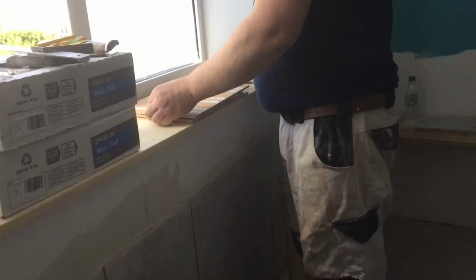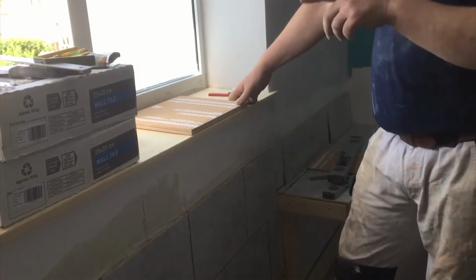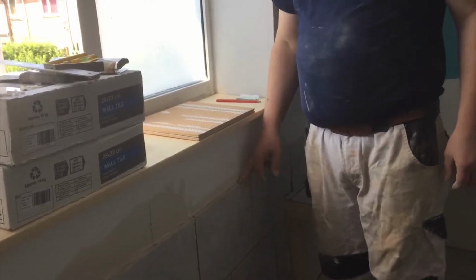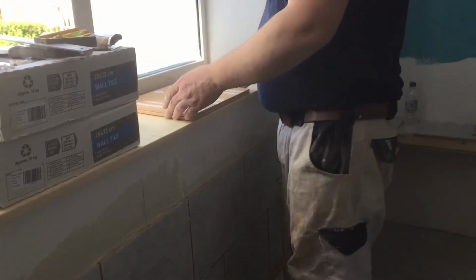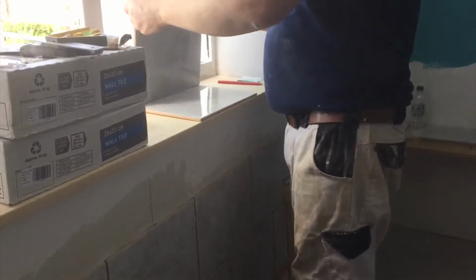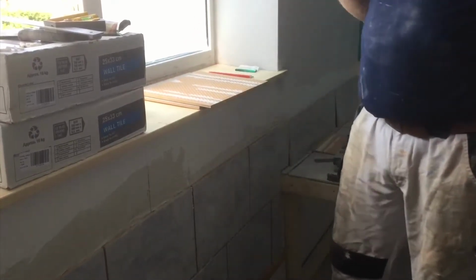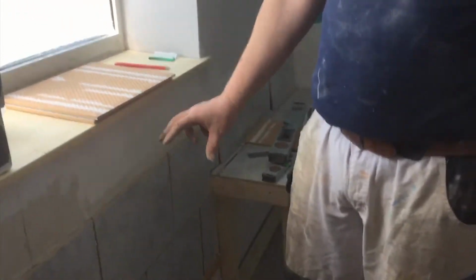I turn the tile over, and I visually think to myself, well, how is this tile going to be when I put it in? Okay, now we want the manufactured edge against the manufactured edge. The cut edge won't actually be seen here. So I think to myself, okay, it's going to be facing this way up. So on the back, I put a B in the centre. That tells me that when I'm doing the measurements and marking out, that is the bottom of the tile,